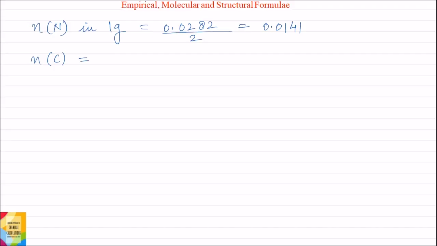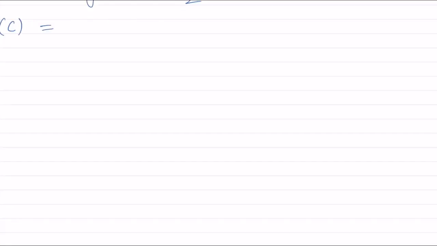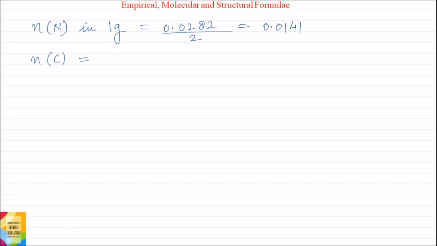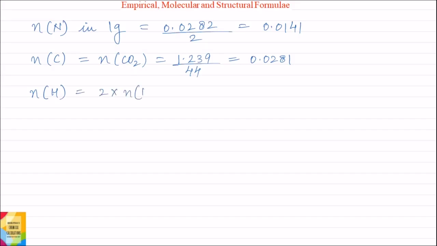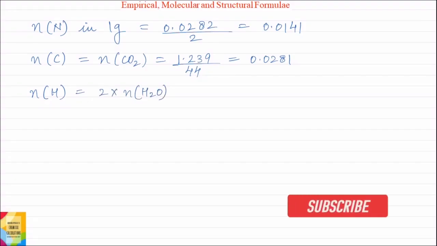of carbon dioxide contains 1 mole of carbon. So, moles of carbon in the compound will be equal to moles of carbon dioxide, which is equal to weight of carbon dioxide given as 1.239 grams divided by molecular weight of carbon dioxide, that is 44, and this is equal to 0.0281 moles. Similarly, moles of hydrogen is equal to 2 into moles of H2O, because 1 mole of H2O contains